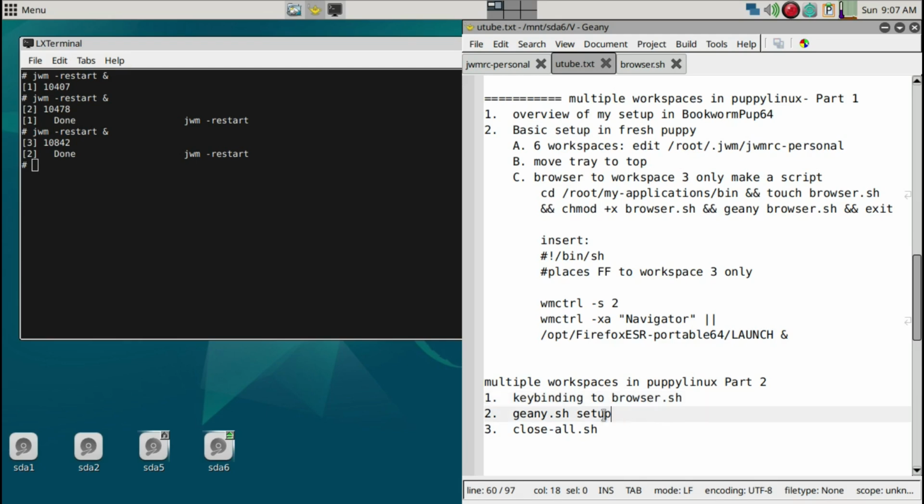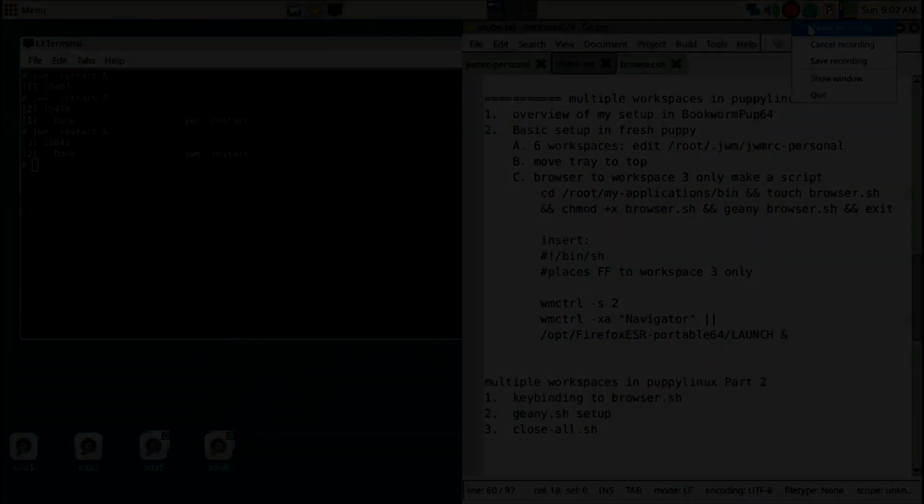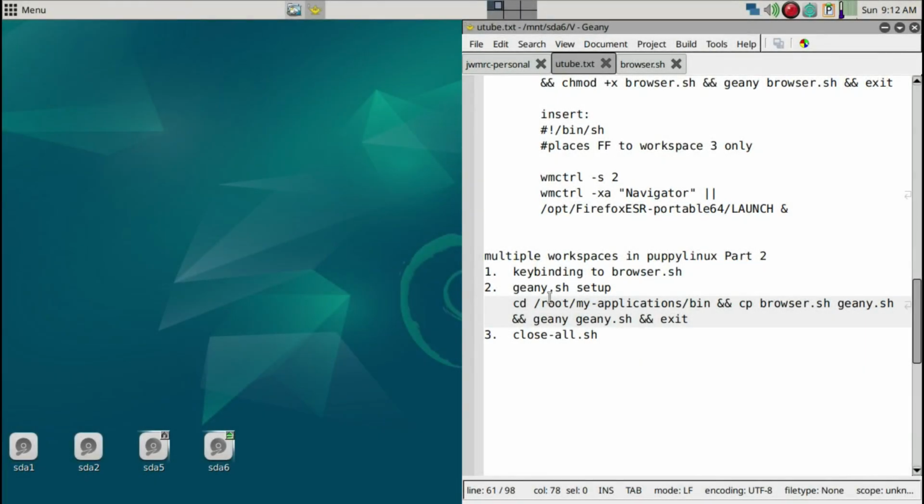Now what we'll do is the same with geany.sh. So right now Geany is being opened in the default anywhere, but I prefer to have Geany open in workspace 5 and not repeat Geany in any other workspace. So we'll create the geany.sh by copying